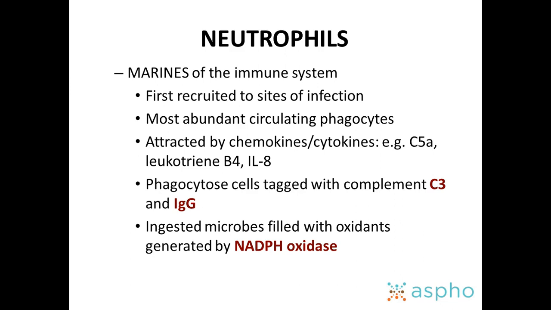These are the most abundant circulating phagocytes, and a lot of the talks we've had earlier about the complement system, I'm glad Michael went over that so I don't have to. But really, once you have your complement activated, once you have these chemokines and cytokines associated with cell damage, they don't really care what the specific problem is. They just know there's a problem they have to deal with. And I think complement C3 and IgG tagged organisms or tissues are some of their first response.